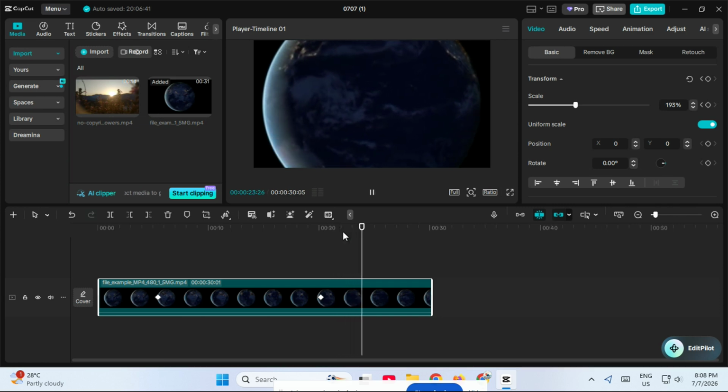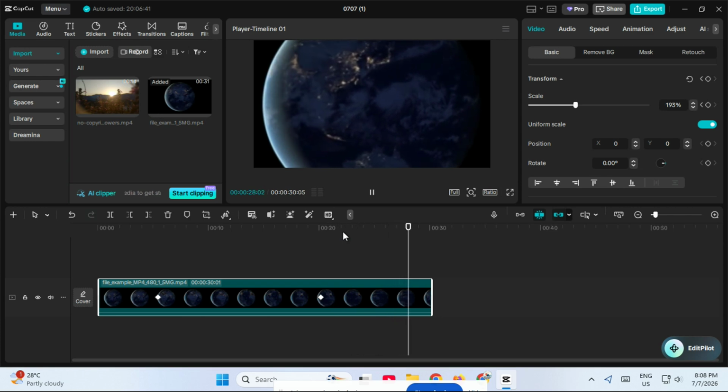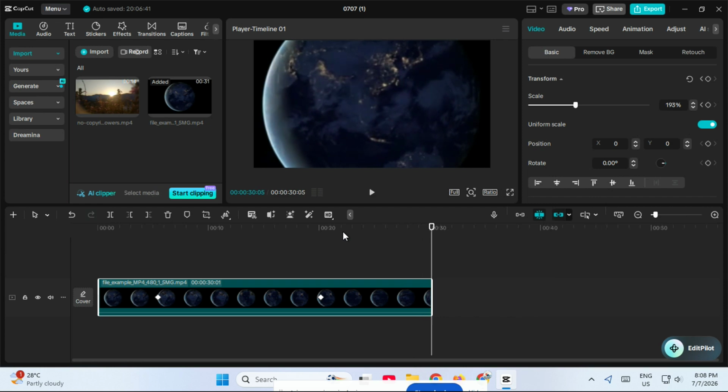To add keyframes in CapCut PC, open your project, import your media, place it on the timeline, select the clip, move the playhead, click the Add Keyframe button, then move forward and change the clip's properties so CapCut creates the next keyframe automatically. Once you understand that workflow, you can use it to make your edits look way more polished